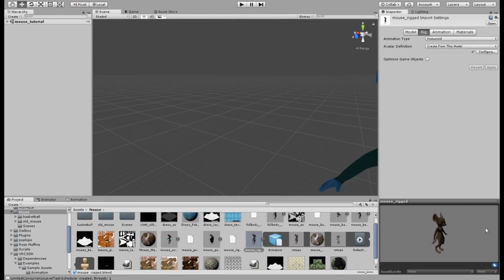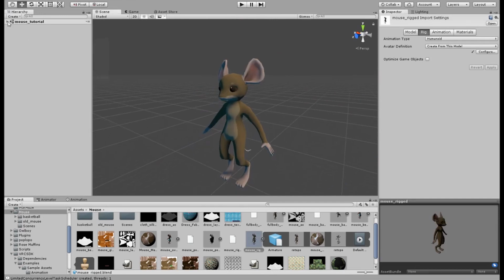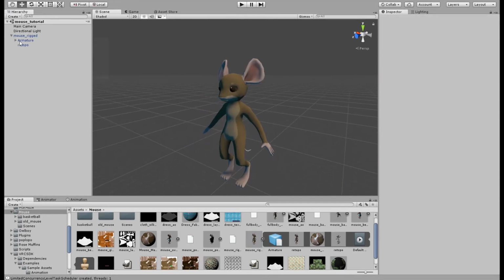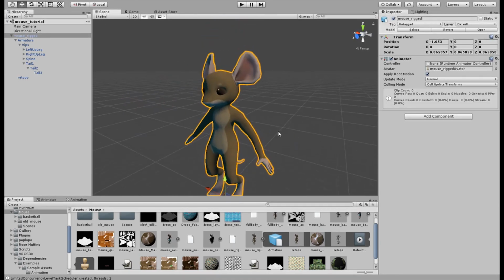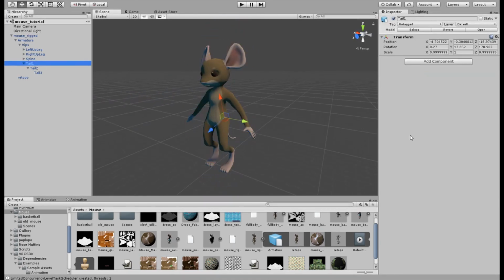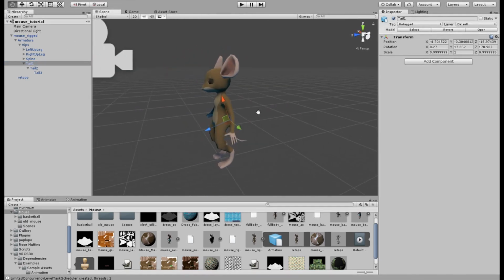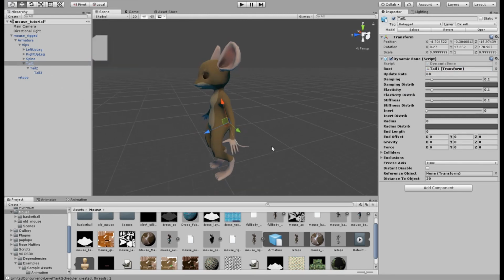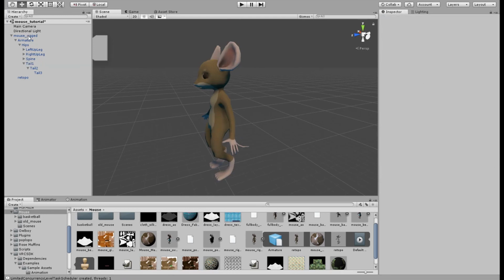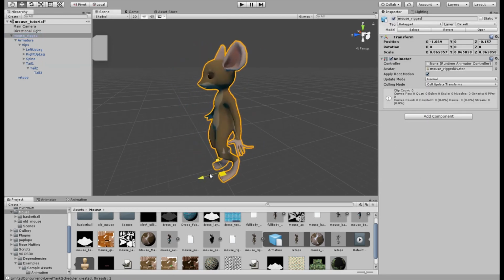around. I have heard people talking in the past about how dynamic bones are really hard to configure properly, specifically to get the physics working, because by default you can't see dynamic bones being applied. So here's my tailbone, and I'm going to add dynamic bone. I'm going to set the root of the dynamic bone to the tail, and it has all these settings and I have no idea what that looks like. I move my mouse around and